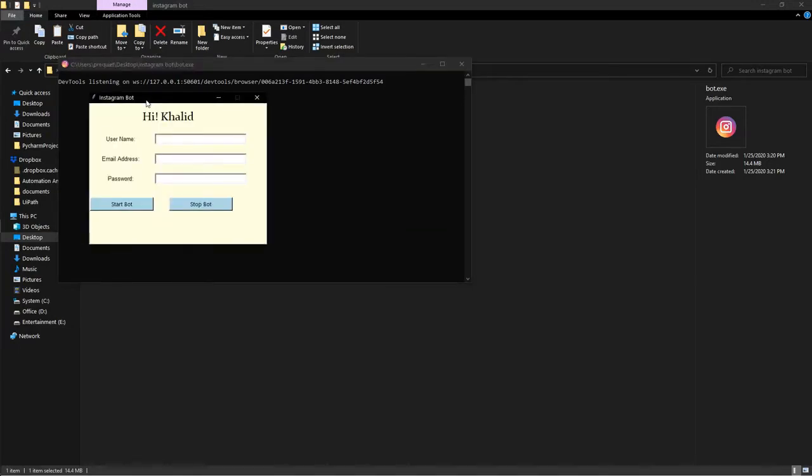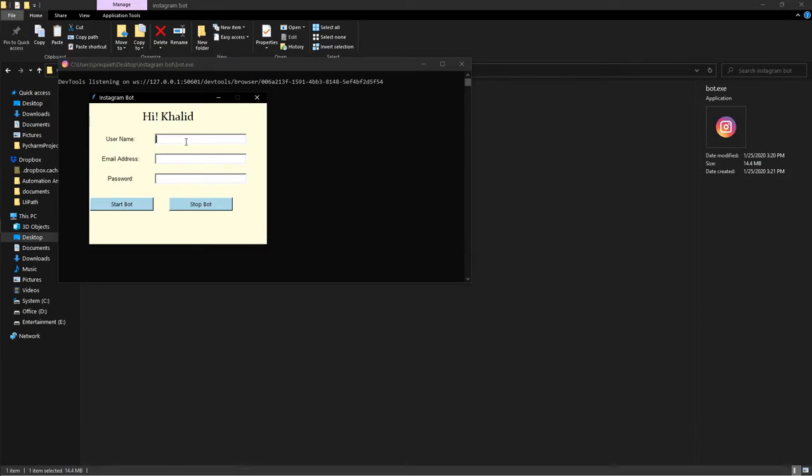The three inputs you have to give are the username you want to register, the email address with which you want to register that particular username, and the password of that email address. The use case for this bot is, if you are looking for a username and it is already being used by someone, if they release that particular username, this bot will register that username to your email address.